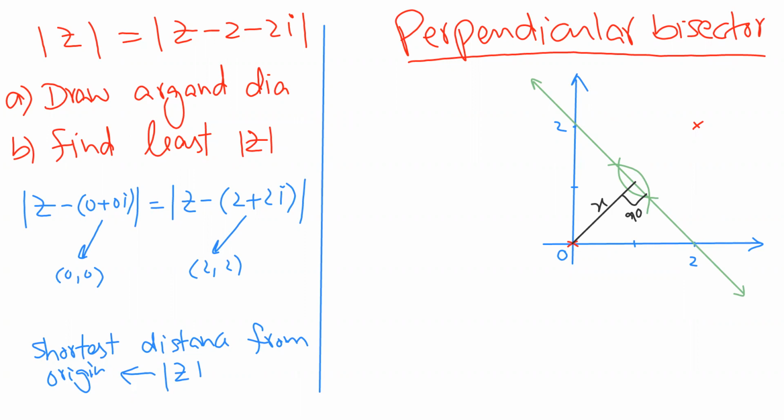Okay. Now, how to get this answer? I'm looking for the least modulus. So using this right angle triangle, this length is 2, correct? This angle given by him is pi by 4 or 45 degrees. And you know, in front of 90, this length is called the hypotenuse. In front of the angle, this is called opposite, and this is called adjacent. So adjacent by hypotenuse